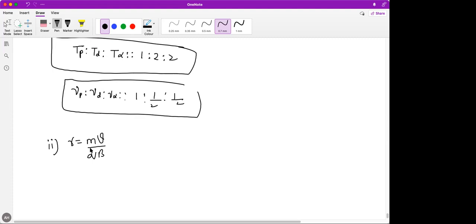So Noor, can you convert this in terms of momentum? So mv is equal to RqB. You can write mv as p, right? Yes, sir. This is the expression of momentum. So instead of mv, you can just substitute p. So that will be p by q. Now you will take the ratio of radius of path of proton, radius of path of deuteron, radius of path of alpha particle. Do it and write your answer in chat room, please. Use this expression of radius now because it's given that momentum is same.